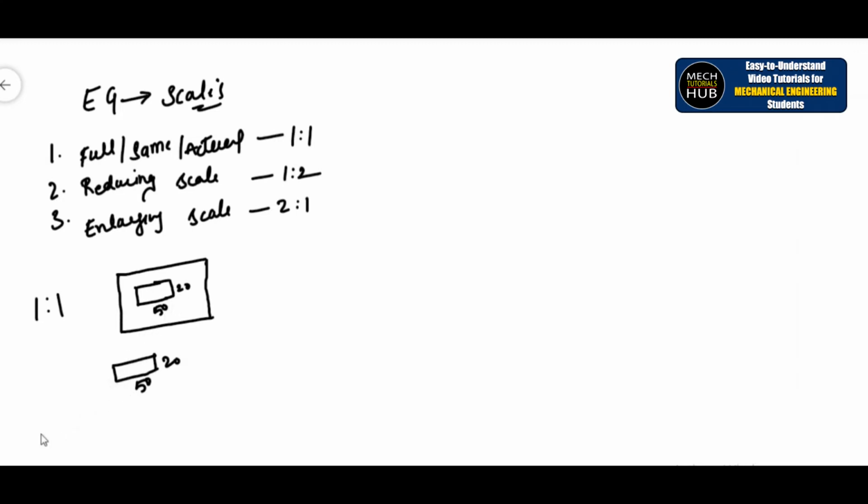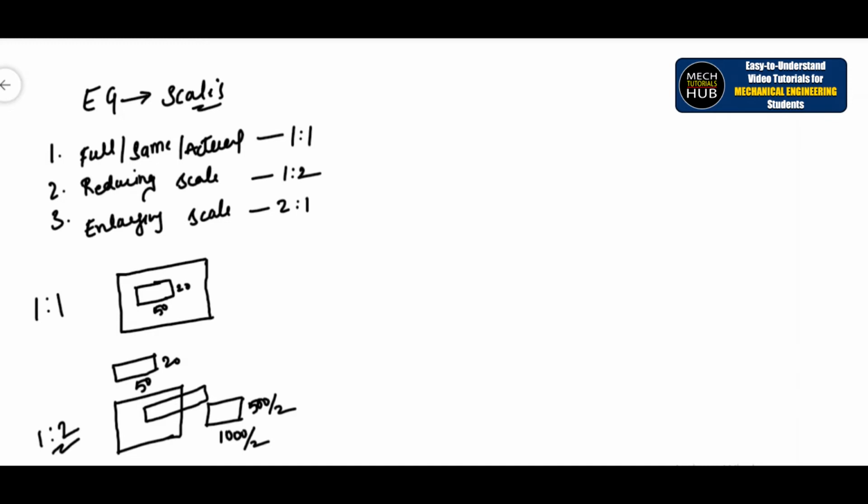In the same way, if it is about the 1:2 ratio, again I am considering the same drawing sheet of A4 size. Now in this drawing sheet, I want to draw a component of 1000 by 500 mm. Now this 1000 mm by 500 mm is not possible to draw. For example, it may go out of the sheet, okay. If it is going out of the sheet, then what we need to do is scale down. Scaling down is nothing but the 1:2 ratio, where we'll try to divide the dimensions by 2.